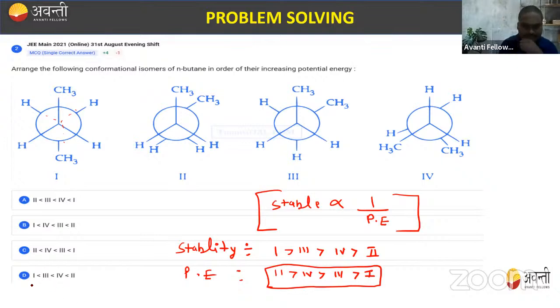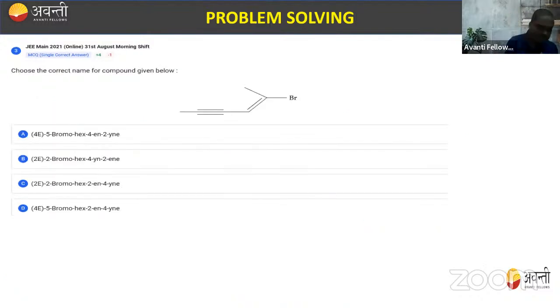So which option is correct? That is D. So option D is absolutely correct. That is one, three, fourth, and second. So this is the absolutely correct answer. समझ आया सबको क्या? जल्दी बताओ एक बार फटाफट. Got it? ठीक है. सो ये करेक्ट ऑर्डर हो गया हम लोगों का। नेक्स्ट चलो बेटा, तो नेक्स्ट चलते हैं।